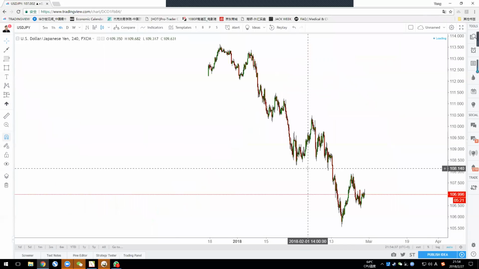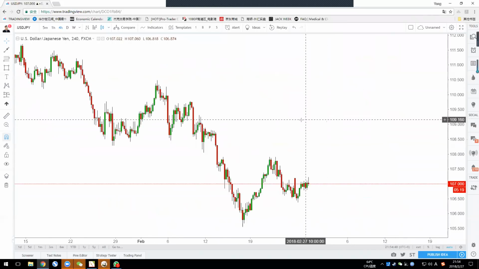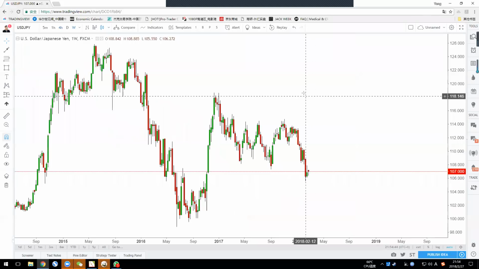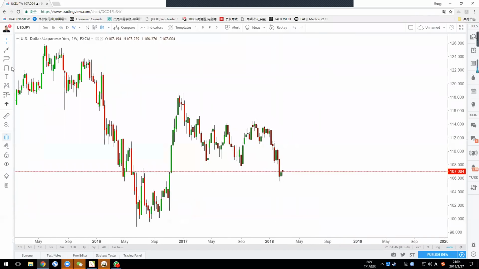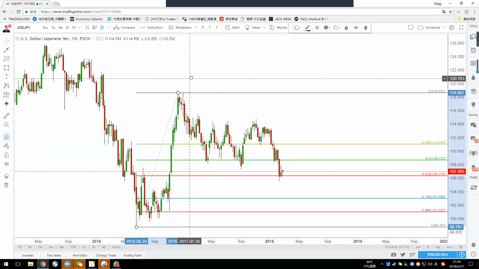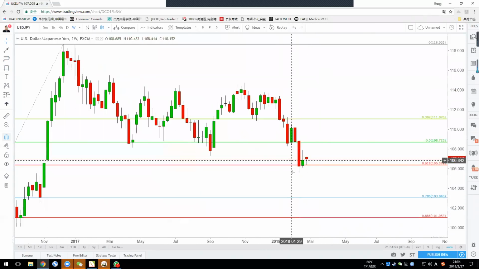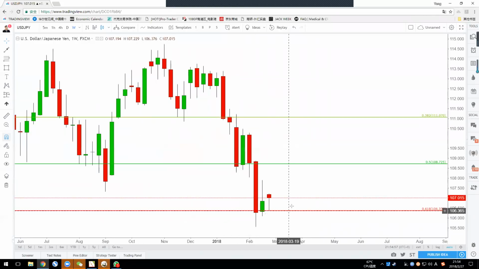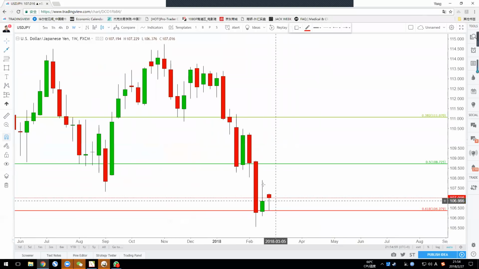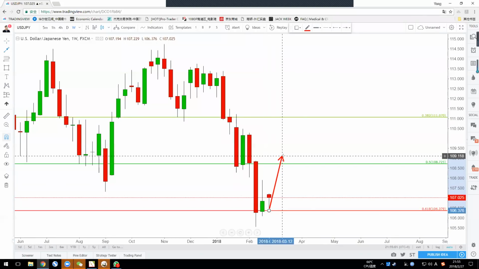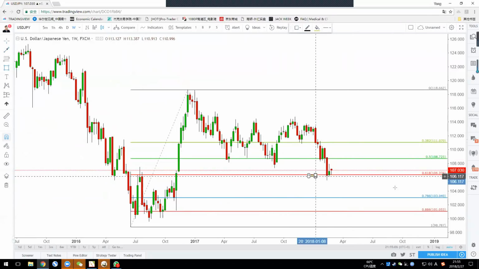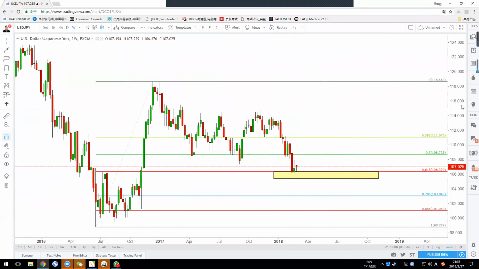Dollar yen is ranging, but 106 is definitely a good time to buy, because the dollar yen has already completed the 618 pullback here. A 618 pullback, a strong red candle from an inside bar. So this week is also very important. If the inside bar breaks up, you know what happens, right? So I can say: dollar yen, don't short. We already achieved our shorting target.